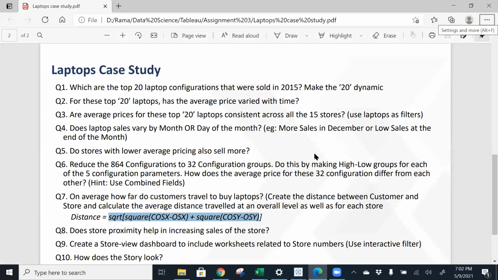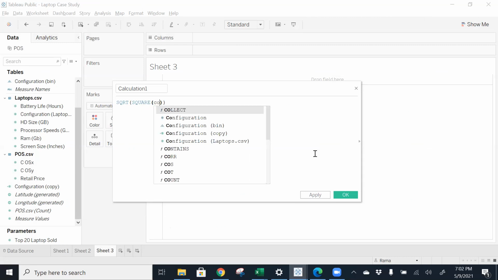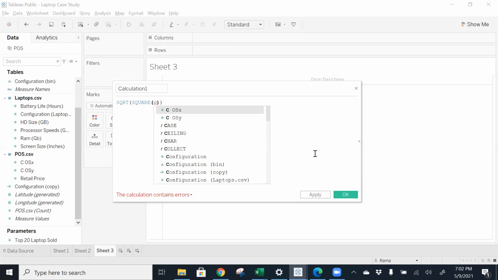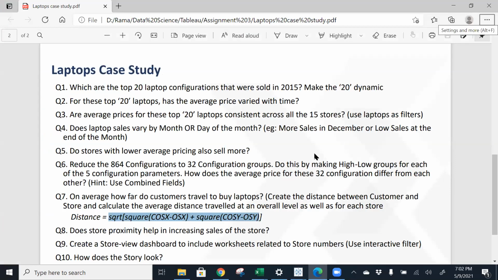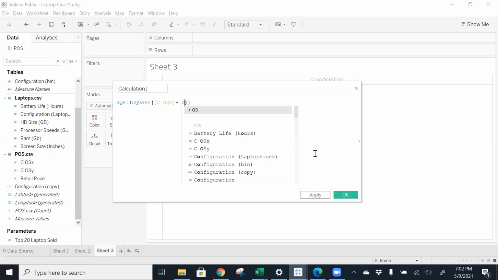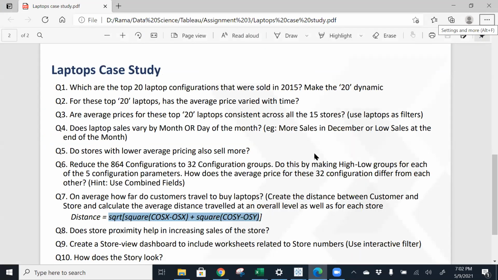Square of cos x minus, this is it, x minus y plus, what are these fields, right? So this is